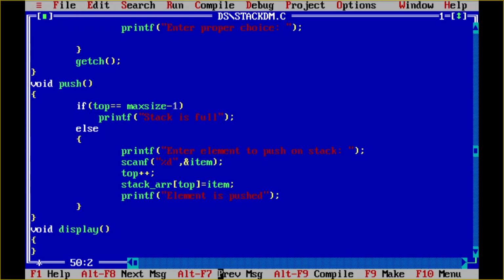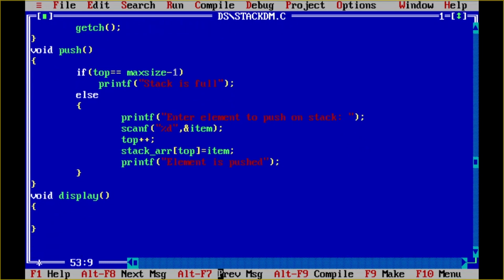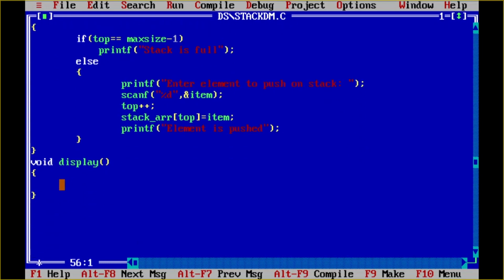Now in this void display function we have to display all the elements, right? One important thing is there. If my array is empty, is it going to display anything? No. So if the value of top is equal to -1, then what should we display? Printf stack is empty. Are you getting what I am saying? When the value of top is -1, it means that my stack is empty. Else